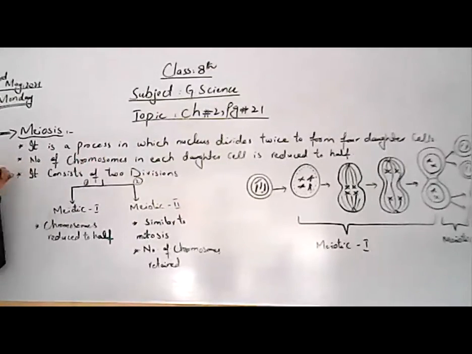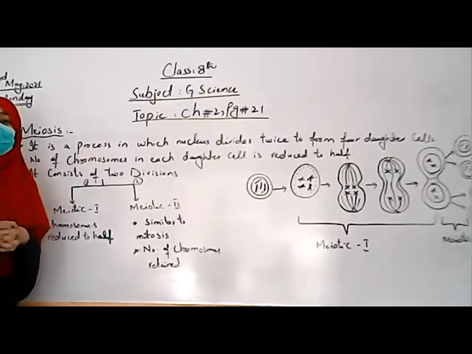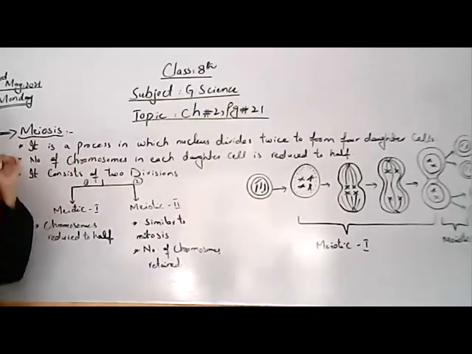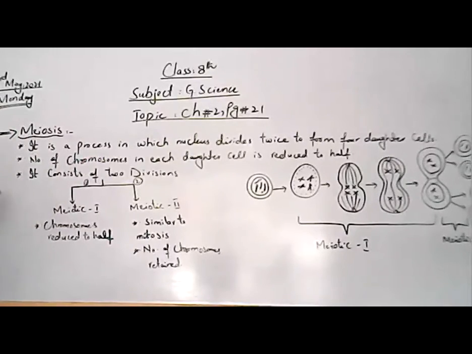Friday we discussed the topic of mitosis, which is all about cell division, how cells divide and how new cells form, how our body grows, and how our organs grow in size. All this is done by cell division and the cell cycle, the division of cells, which takes place by two processes. Number one, mitosis. Number two, meiosis. Friday we discussed mitosis. Now we will discuss meiosis and then the comparison between mitosis and meiosis.